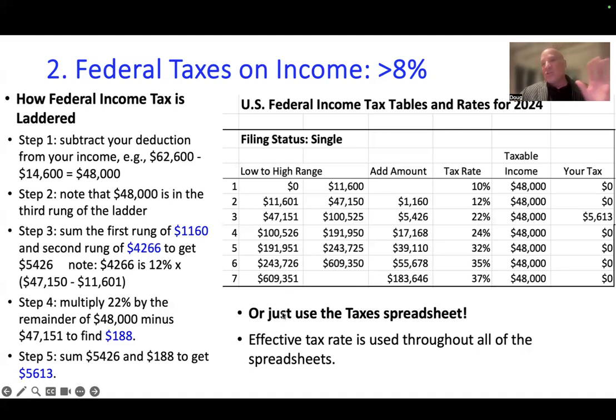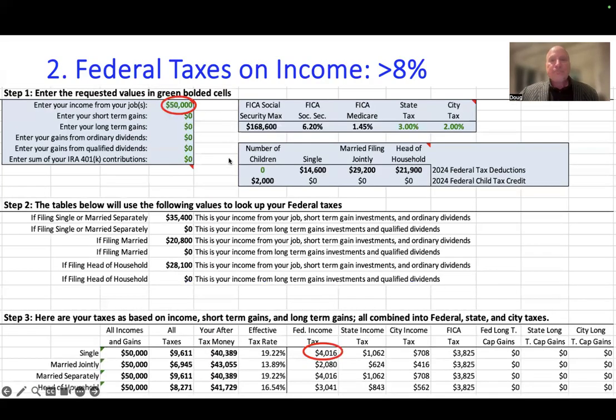And of course, I'm just using this to explain how the laddering works. We're just going to use the spreadsheets from here on out. We're not going to go through this laborious process of algebra and calculating. We'll let the spreadsheets do the work for us. So